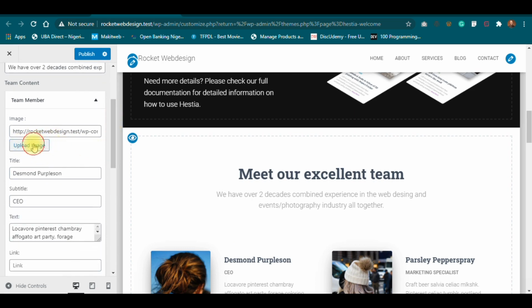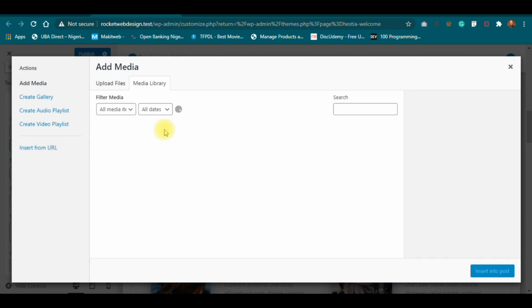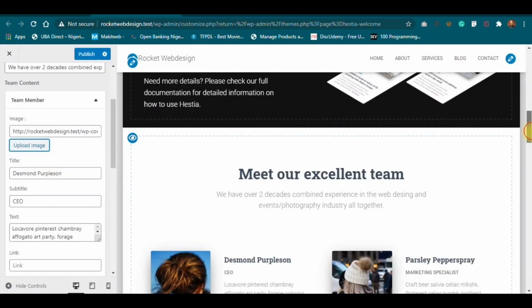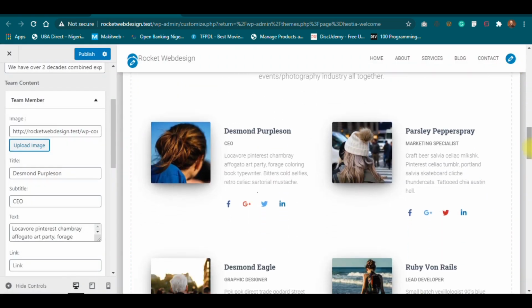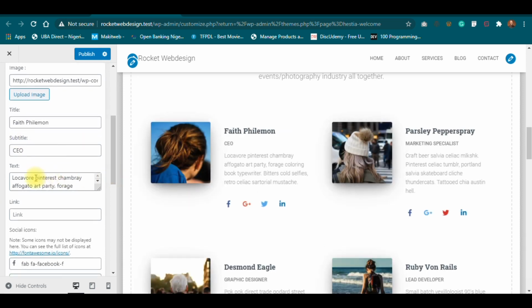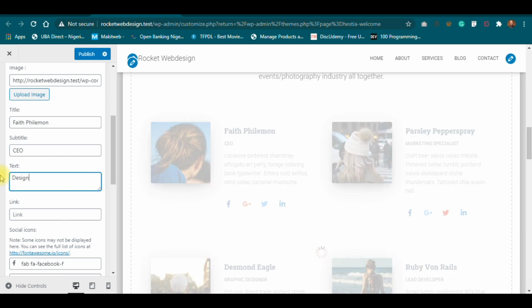All right, so let's say this founder and CEO is, so this is where you click to update and change the image. We don't need to change it. I don't think we should change it for now, but you can put your own image right there. And it is where you change the name. So let me say the name is Faith Philemon. And then let's say Faith Philemon is the CEO, and here is just, so let's say design specialist,